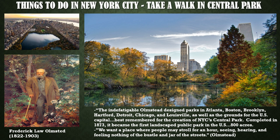That's Manhattan, right in the middle of Manhattan. That's a large chunk of the city that's now, ever since the Gilded Age, been carved out as this huge park. And look at this, of course a modern photograph on the right, but again I wanted to give you a sense of the beauty of this park. Olmsted knew what he was doing in this and other parks that he built. He said, "We want a place where people may stroll for an hour, seeing, hearing, and feeling nothing of the bustle and jar of the streets." So the idea was to make cities more livable,